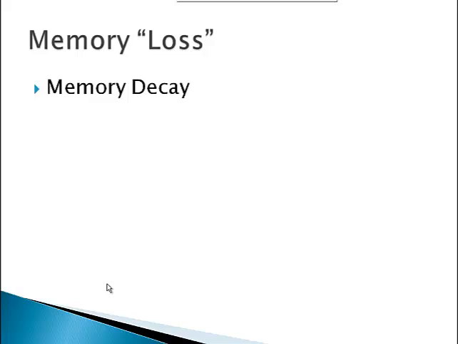Now researchers, this is old research. This is from the 20s. Researchers decided to try to figure out whether or not forgetting actually involves memory decay, or whether it involved something else that might be going on. And so what they did is they took a group of people, randomly divided them up into two groups. This should sound familiar since you've been through the experiment part. And then they had both groups learn a list of words. One group, after learning a list of words, was asked to go out and live their normal life. They were asked to go out and go to work, go to school, read, listen to the radio, whatever it is that they would normally do. The other group was told, essentially, to go to sleep. And they went to sleep.